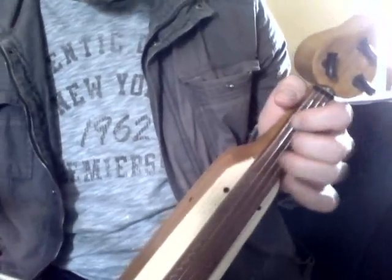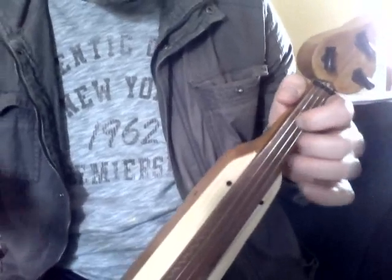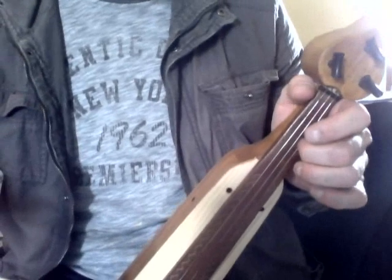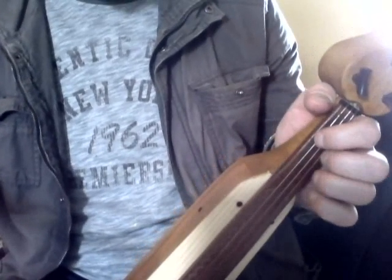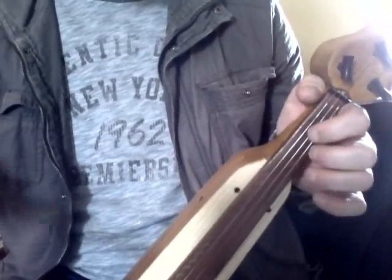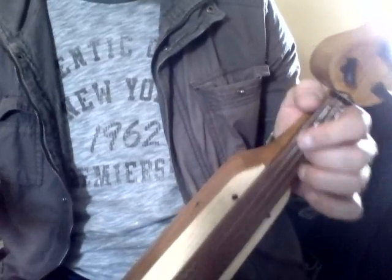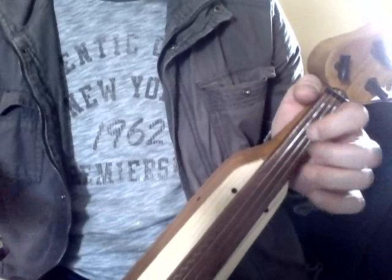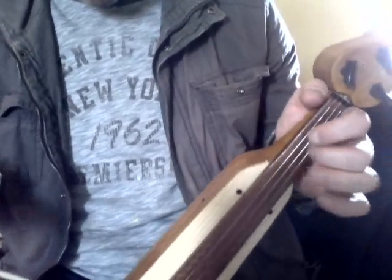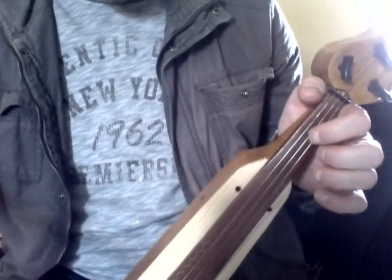And then it's again the second finger on the zil chord, playing back and forward, or forward and back, trembling this time. Trembling on the forward and no tremble on the back. It's forward, back. And then it's